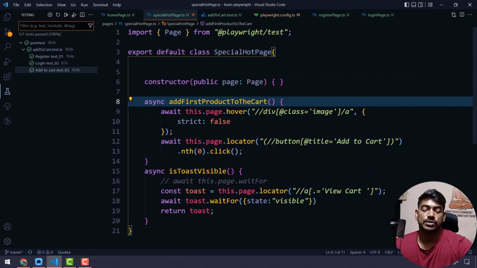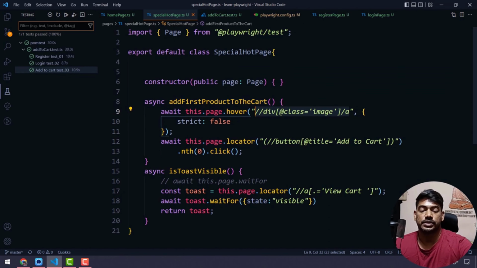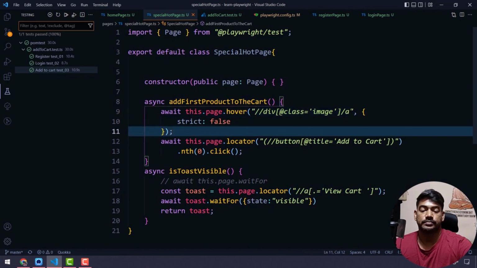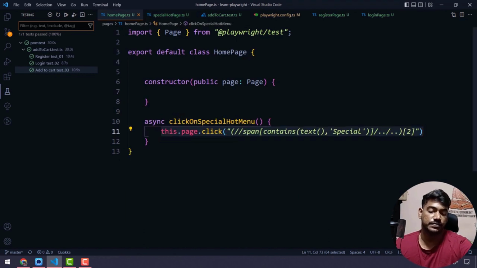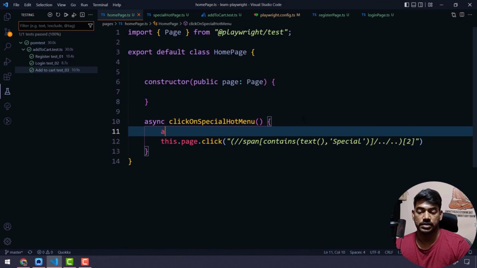Okay, so here we are doing the hover, and we are also clicking on this cart. But before that we can wait for this actually. Or else I can just wait until the page gets loaded completely. Anything is fine. So here we'll say await Promise.all,